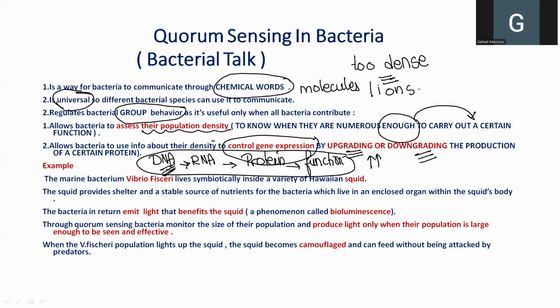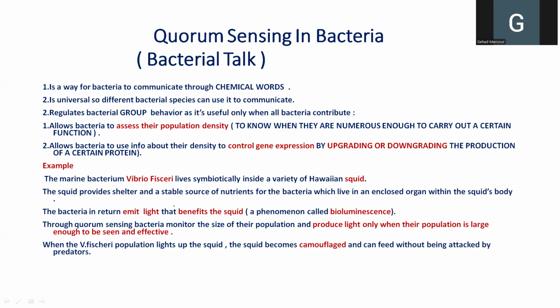And now we will see this in detail. What we have said is a summary of quorum sensing, or bacterial talk. For example, a very discrete and very famous example is the marine bacterium Vibrio fischeri. The Vibrio fischeri bacterium lives symbiotically inside a variety of squids, specifically the Hawaiian squid. It's a kind of symbiosis, and we will now identify what kind of symbiosis it is,